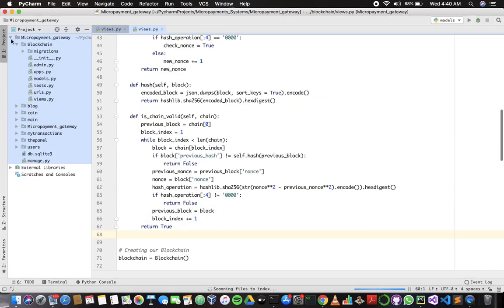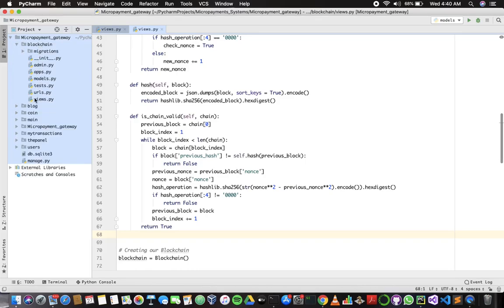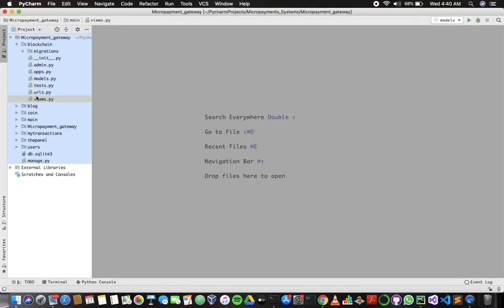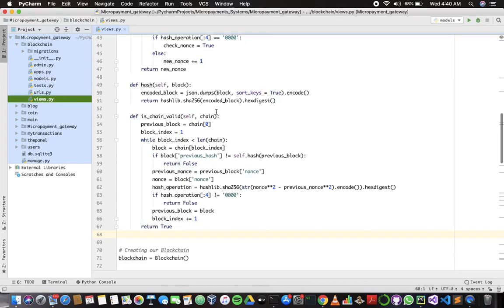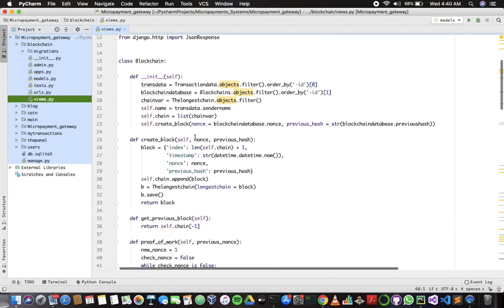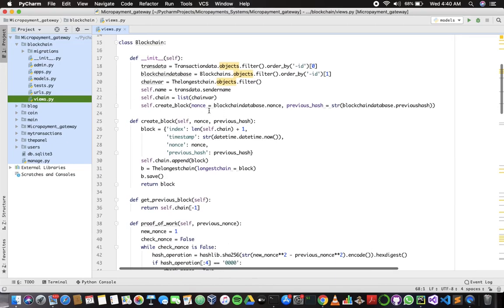Okay, so this is my project, and these all are apps. If we go to the blockchain app and into views, in views we can write the code, or I should say the logic. If you go to views, you can see in create block, which is a class of blockchain, I'm already taking the data